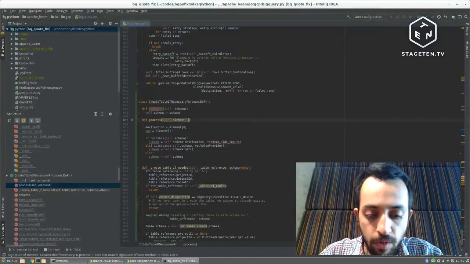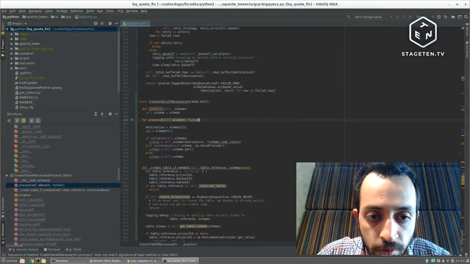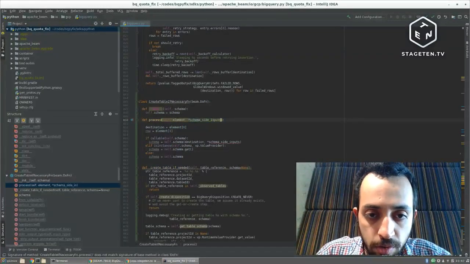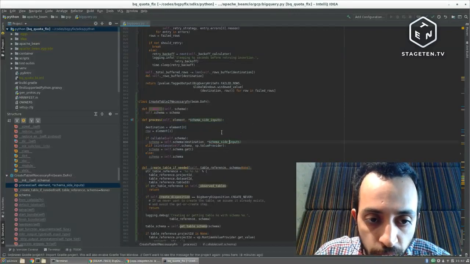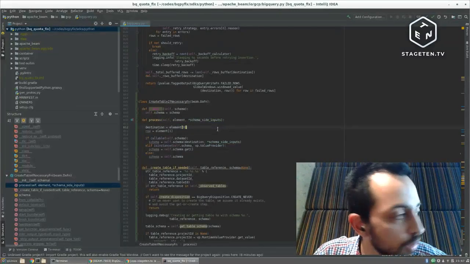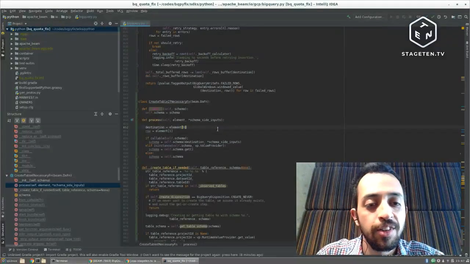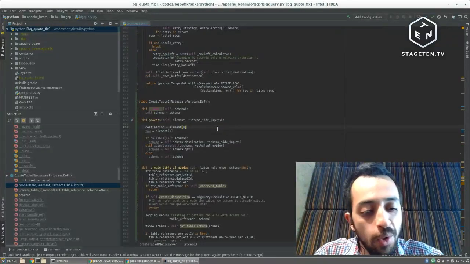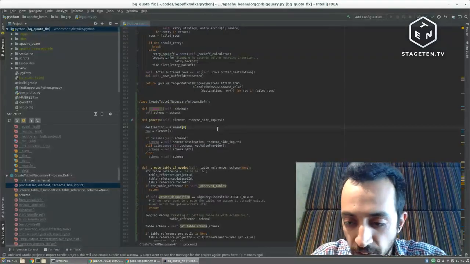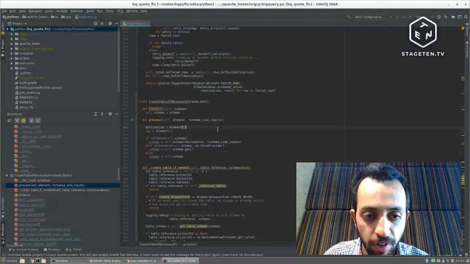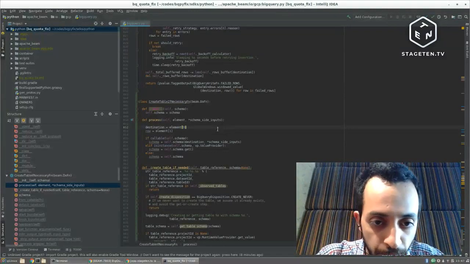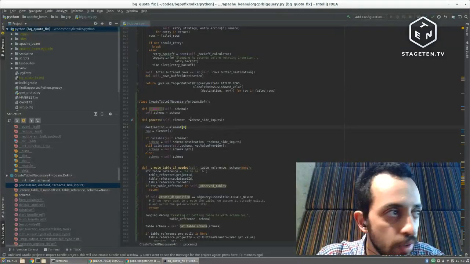Wow, this is awesome. Schema side inputs. Alright. So we have all of the inputs that we need. Sorry guys. This is what it's like in a crowded office in downtown Seattle. But anyway, okay, cool. So we have